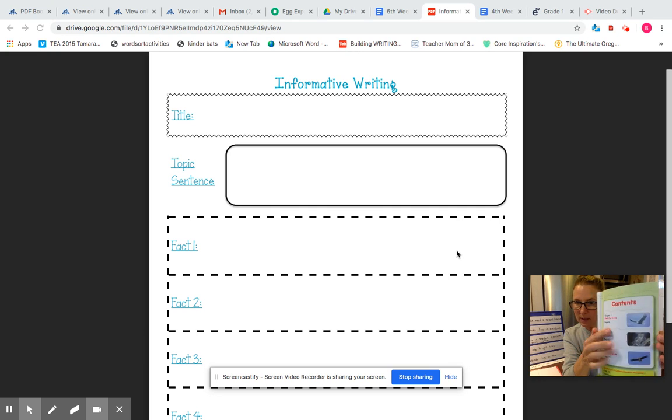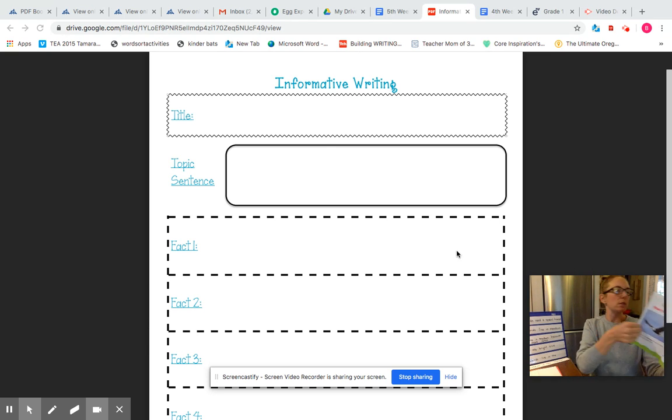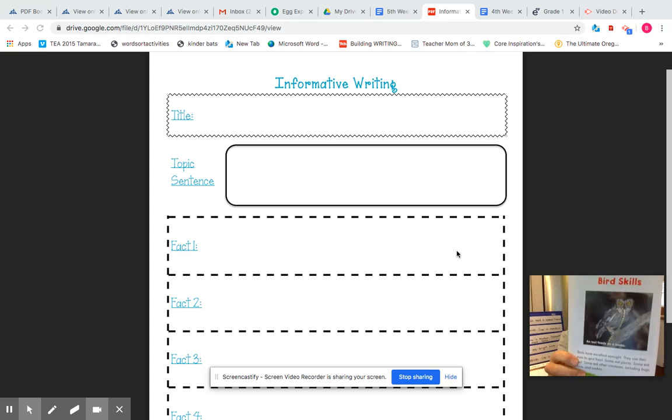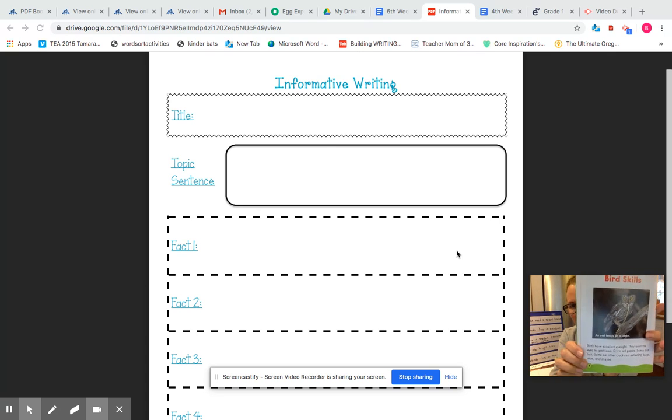And then once I flip open the book, the chapter titles match up with what they said in the table of contents. So chapter 1 is called Meet the Birds. Well, that's what it said here. Chapter 1 was going to be about Meet the Birds. This is the chapter I'm interested in today. Chapter 2, Bird Skills. I started reading that chapter, and it began on this page, Bird Skills.